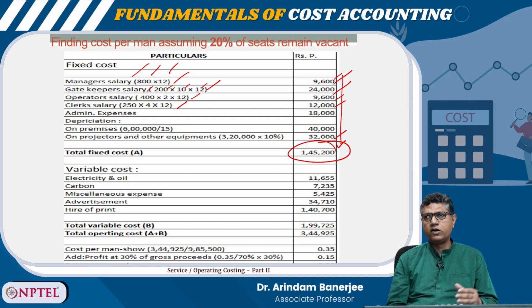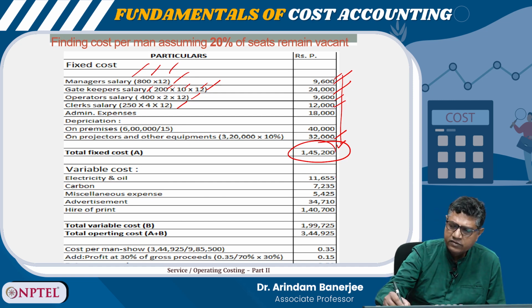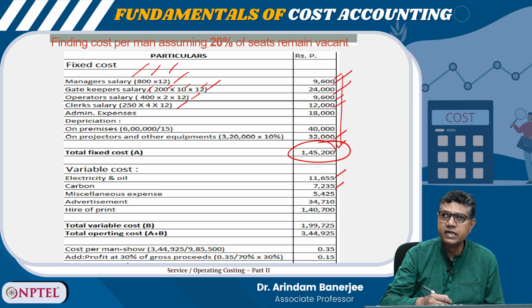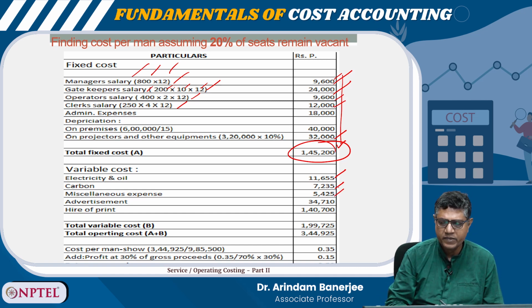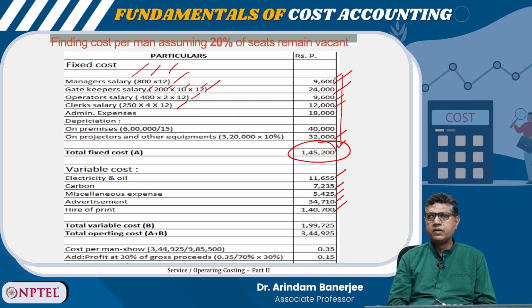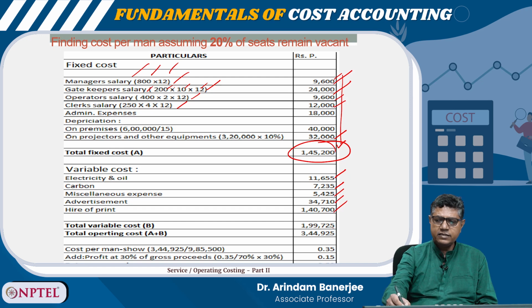Okay. Now variable cost. So these were the fixed costs. What are the variable costs? Variable cost is electricity and oil, 11,655, carbon 7,235, miscellaneous expenses 5,425, advertisement 34,710, and hire of the print copy, it is 1,40,700. So if you add, it is